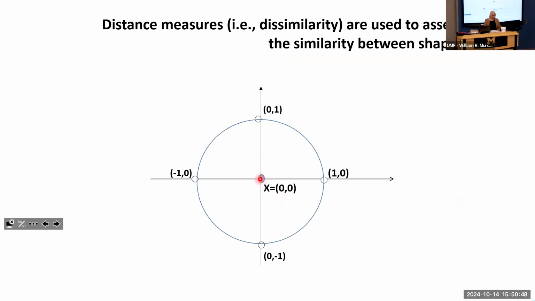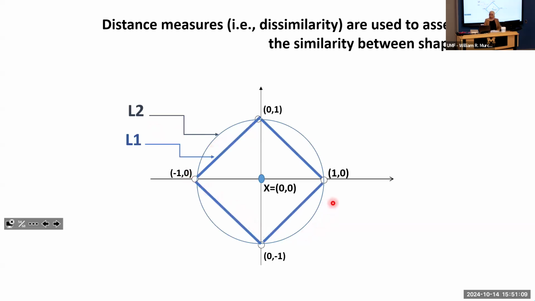If you have a point and the distance is always the same, then at the end the set of points equal to 1 is giving the L2, which is the Euclidean distance. We know this. Now, the Manhattan distance is given by this one. If this point is far from the center 0, 0, this distance is the Manhattan distance. However, if I want to check where that same point is with respect to the Euclidean distance, it is this one.